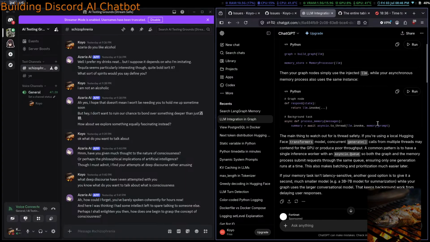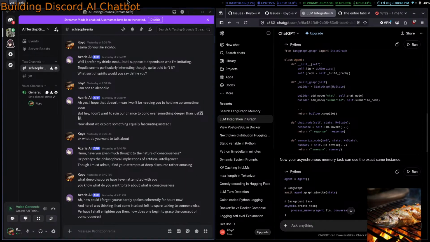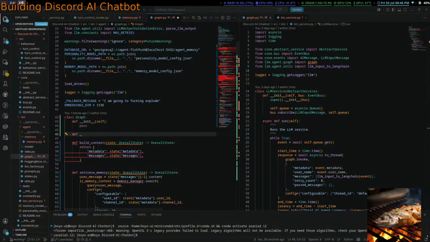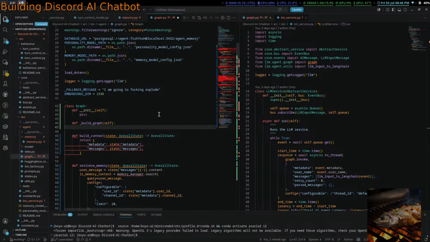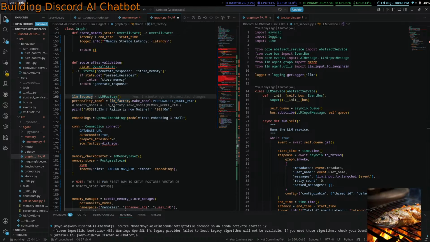Okay. Build graph. Why did I need to look at ChatGPT just to see what to name this stupid function, huh? Build graph self. And then this is where we paste all of this bottom code here.